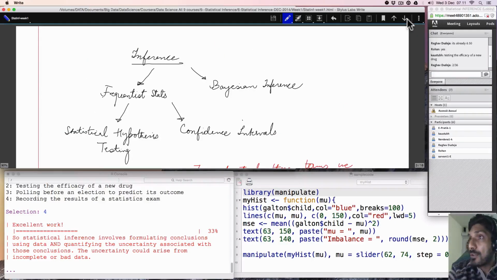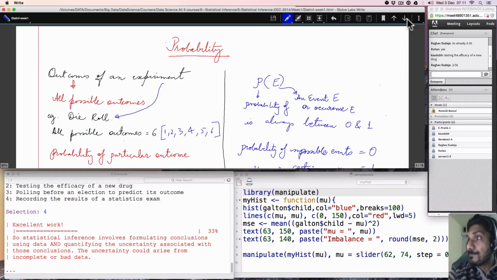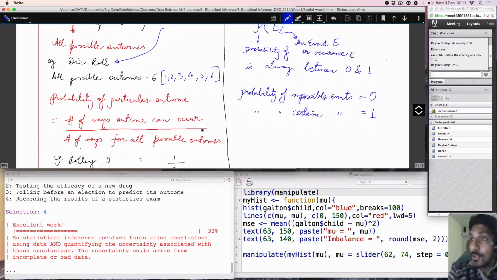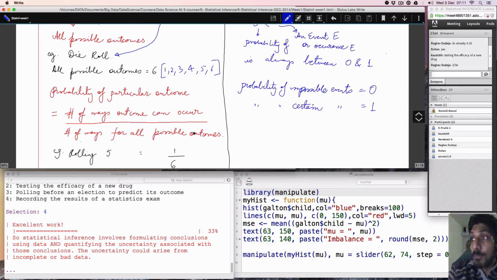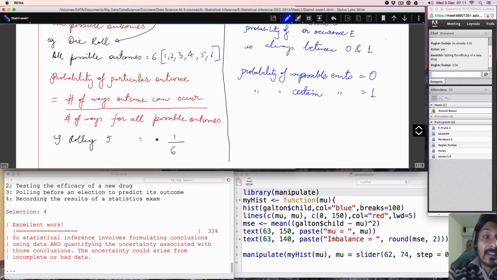Okay, coming back to our question, we're rolling two dice, right? So the number of possible outcomes are 36. Now, how many ways can 3 occur out of 36 possible outcomes? Two ways, right? 1 and 2, and 2 and 1. A combination of 1 and 2 or 2 and 1 gives me 3, right? Which means the probability will be 2 by 36, correct? Or 1 by 18. Clear?